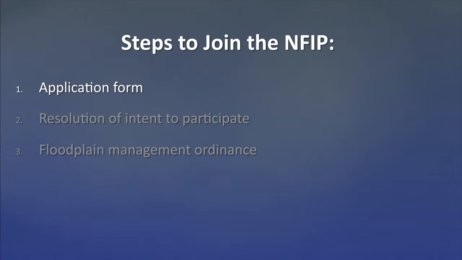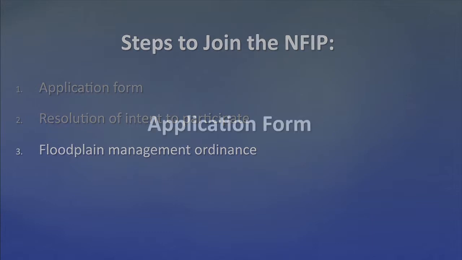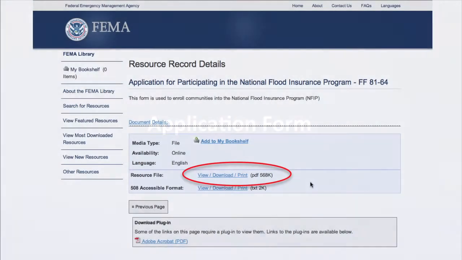In order to join the NFIP, a community must submit to FEMA an application form, a resolution of intent to participate in the NFIP, and its floodplain management ordinance. The one-page community application form, Form 8164, can be found at the FEMA Library website at